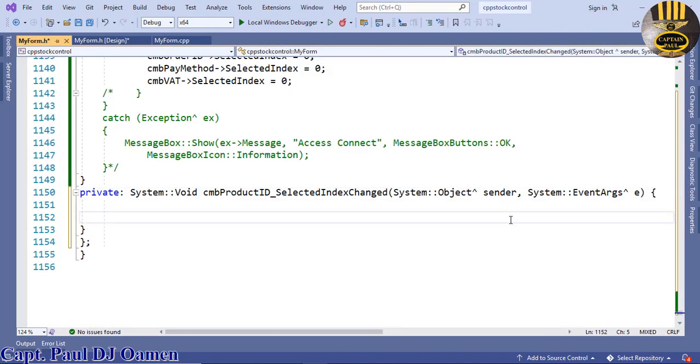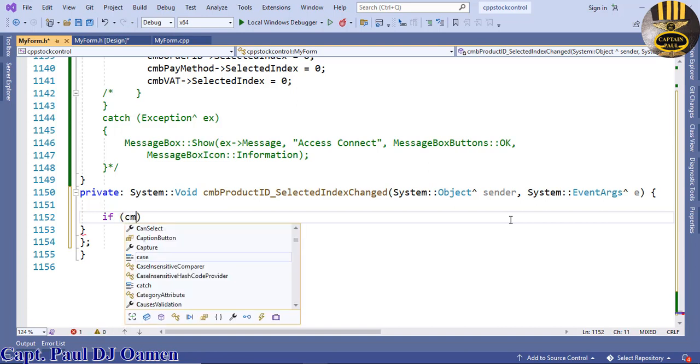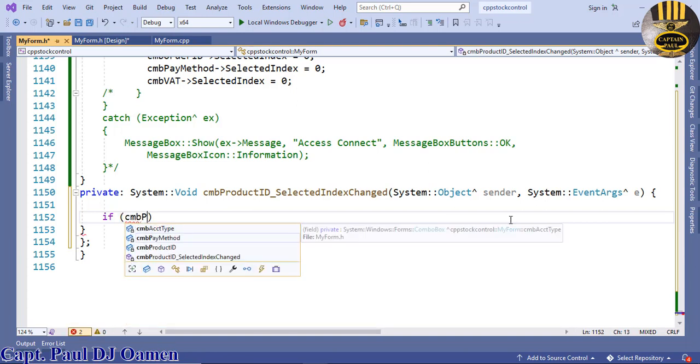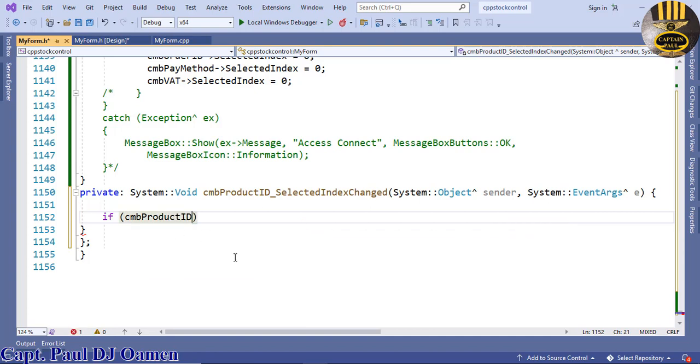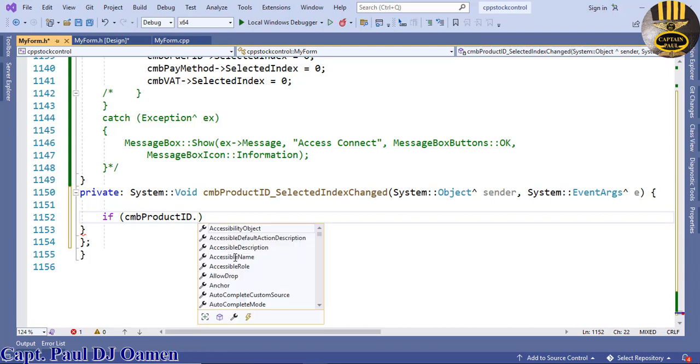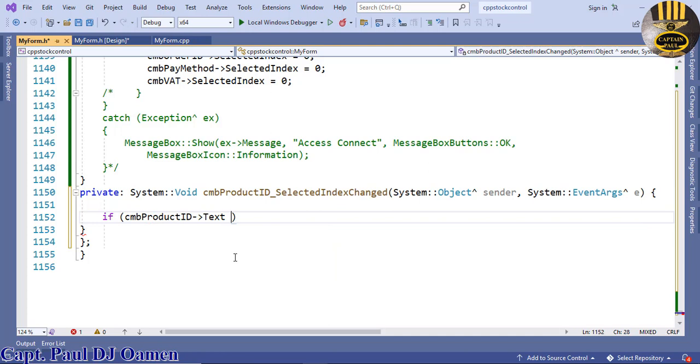I'm going to use an if statement. If cmb pro.id, let's double click on that. If that, let's say dot text, is equals, first of all let me go for the select. If is equals select pro.id,